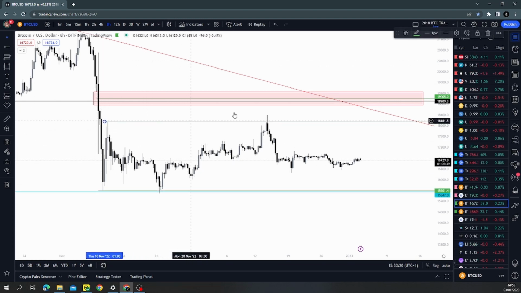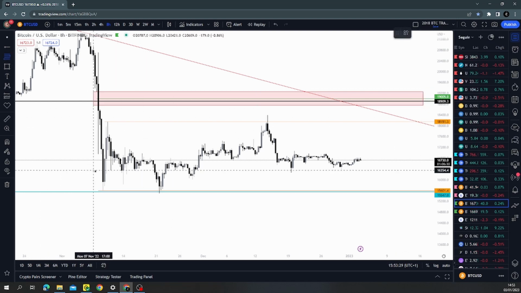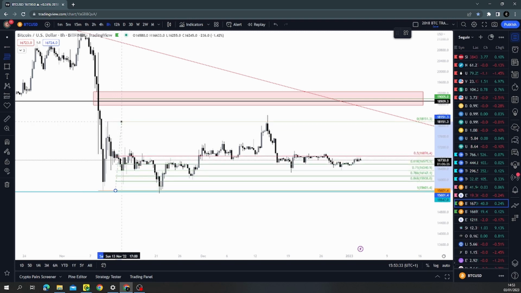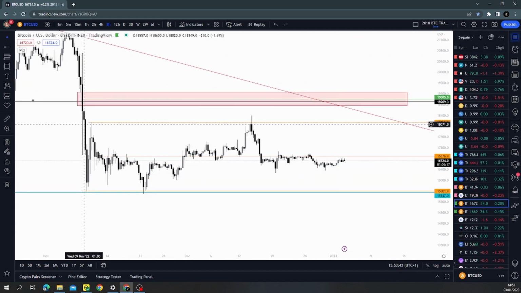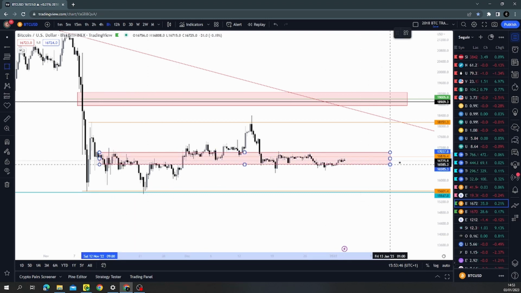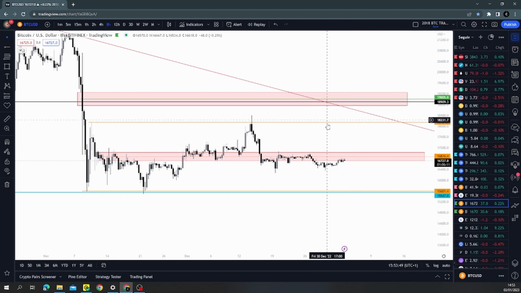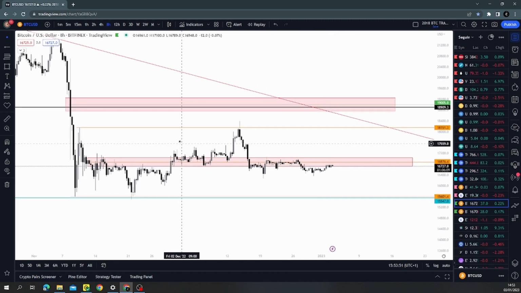Okay, let me put this in another color, orange, and we're gonna mark the middle point. Okay, we remove the fibs. What I said in my previous videos, I don't trade middle ranges. Okay, only upper range and lower range. What I'm expecting,